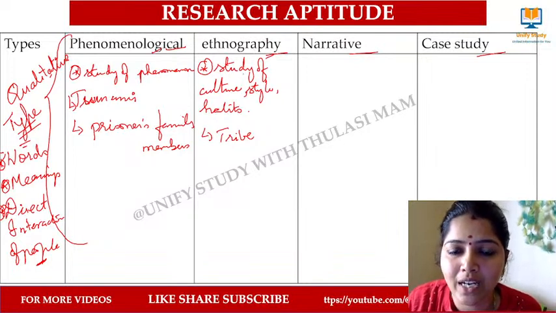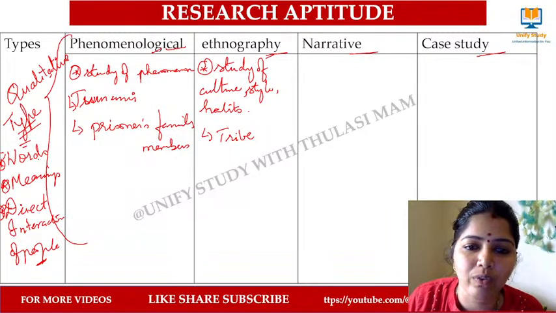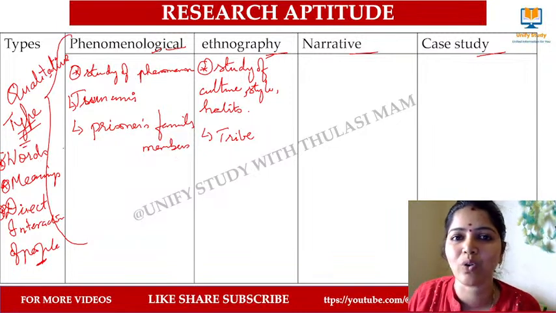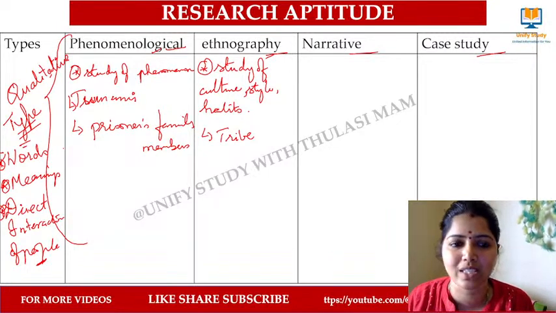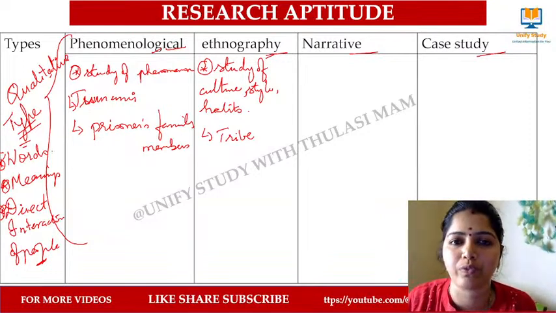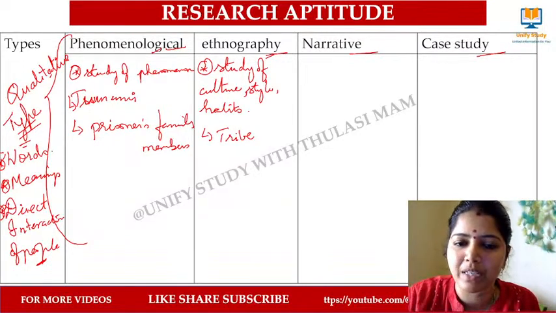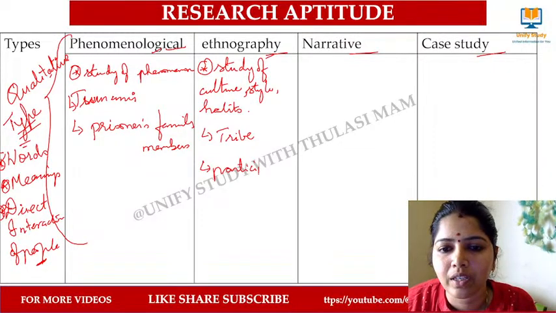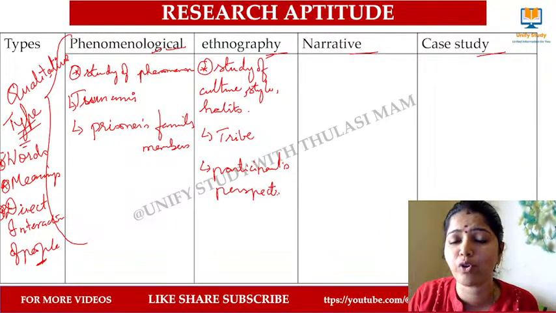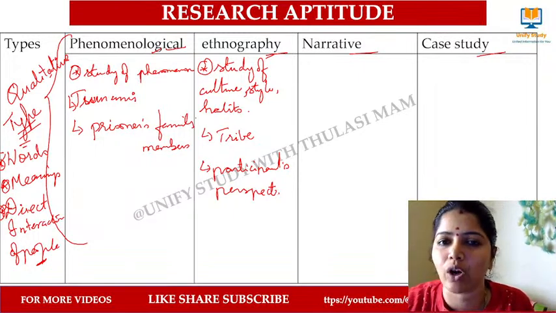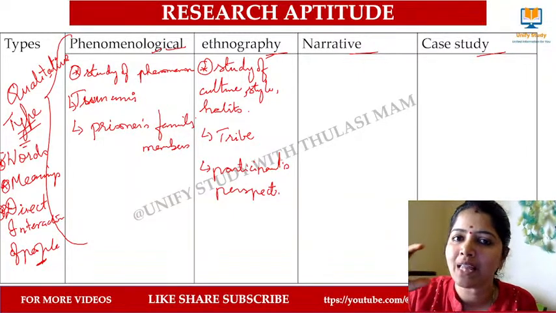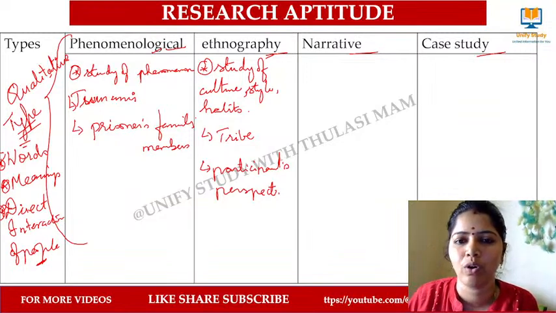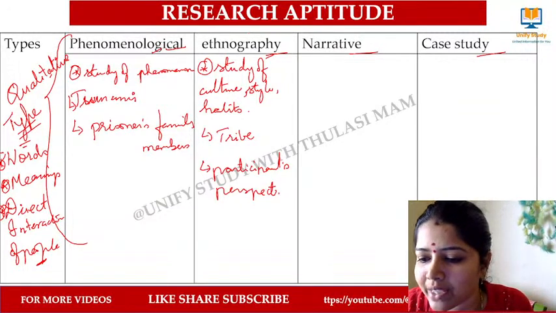Ethnography. See, here in ethnography they work only on words, whatever they say. There is no questionnaire, no surveys, nothing. Everything works by means of interaction between the persons, where the participant's perspective is most important. Perspective means their viewpoint is very important. So they will sit and talk with them and get a direct interaction. They will record something. Yes, it comes under the study of culture.